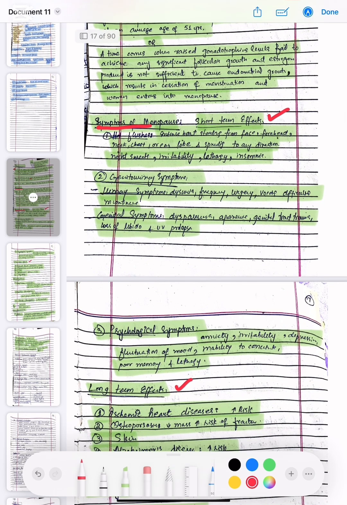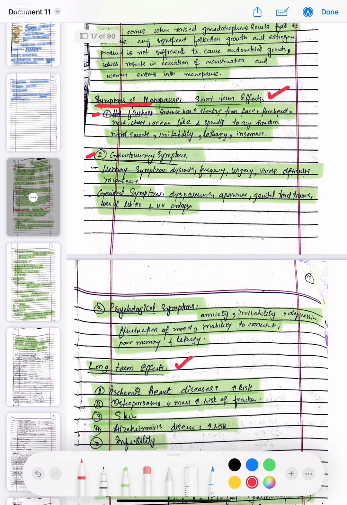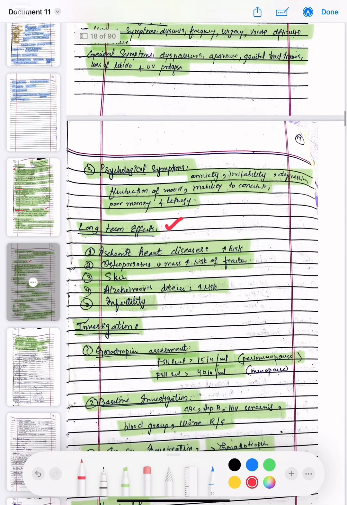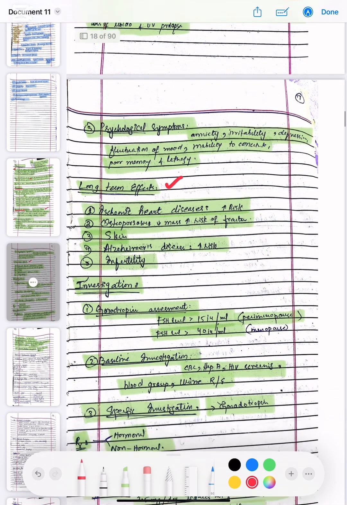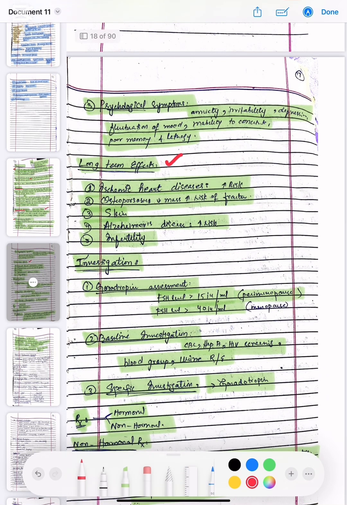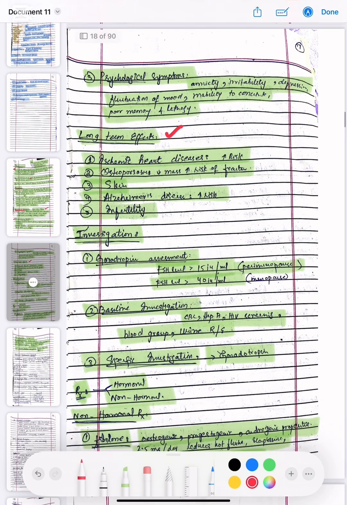Then we have the genitourinary symptoms, which are urinary symptoms: dysuria, frequency, urgency, voiding difficulties, and incontinence. Genital symptoms are dyspareunia, apareunia, genital tract trauma, loss of libido, and uterovaginal prolapse. The psychological symptoms are anxiety, irritability, depression, fluctuations of mood, inability to concentrate, poor memory, and lethargy. The long-term effects are ischemic heart disease, that is increased risk, osteoporosis, decreased bone mass, increased risk of fracture, and